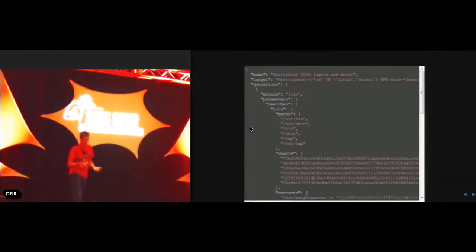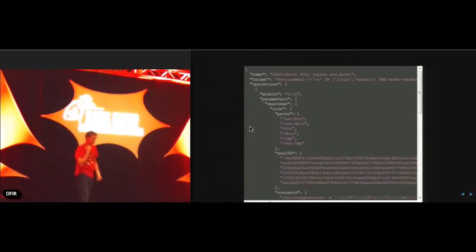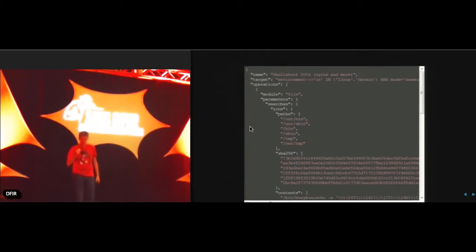So this is a JSON file that describes things we saw during the Shellshock mess last year when Shellshock was being exploited and we could find IOCs on tons of blogs and websites and everything. And I collected them into that one action that we run many times throughout the day to make sure that our servers were not being exploited. And I still run it once in a while, kind of like an antivirus signature, to see if anyone is using it, exploiting it. So what it does here is that you have a name, okay, you have a target,